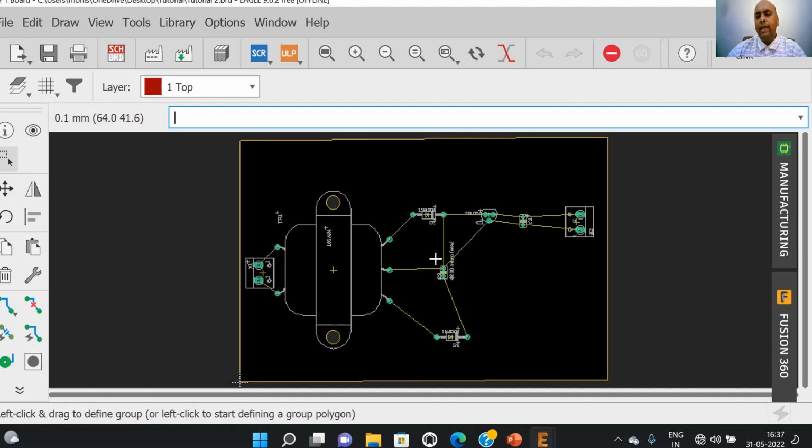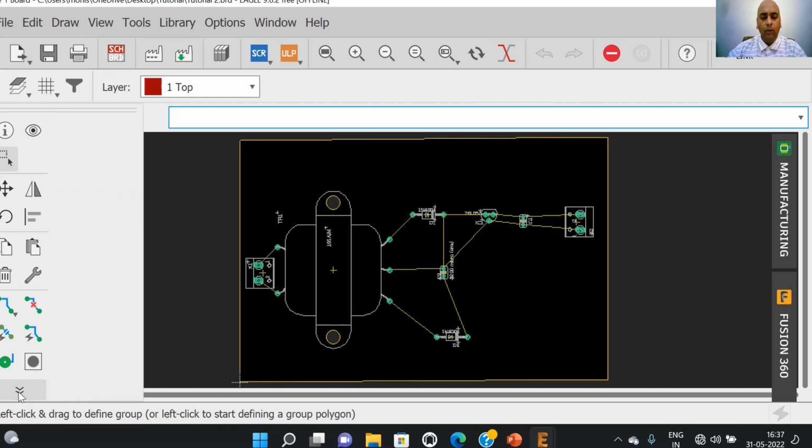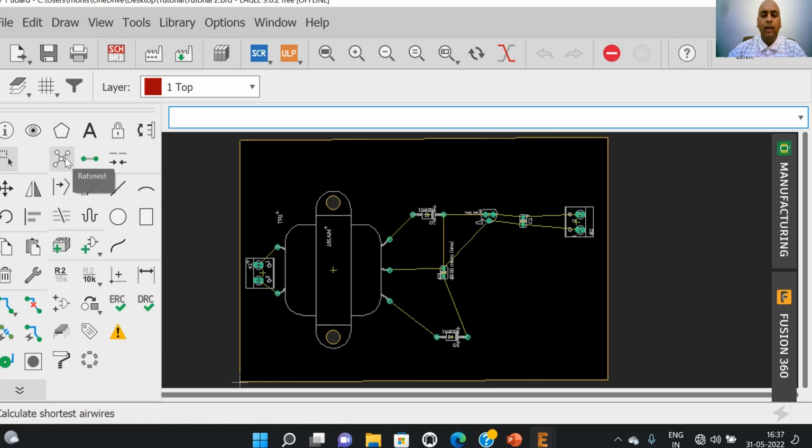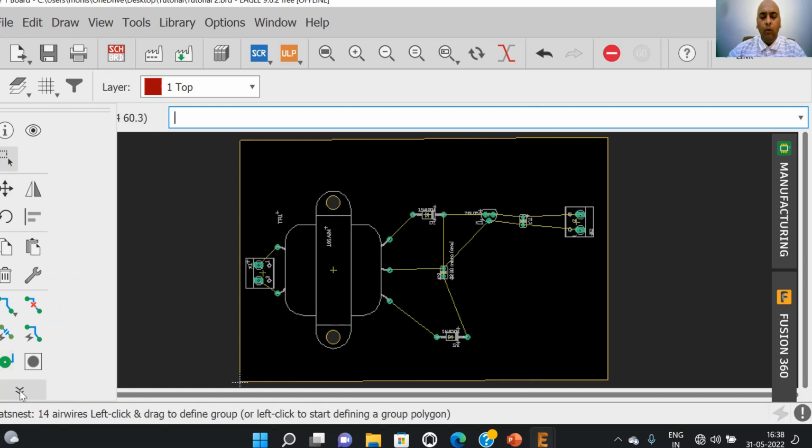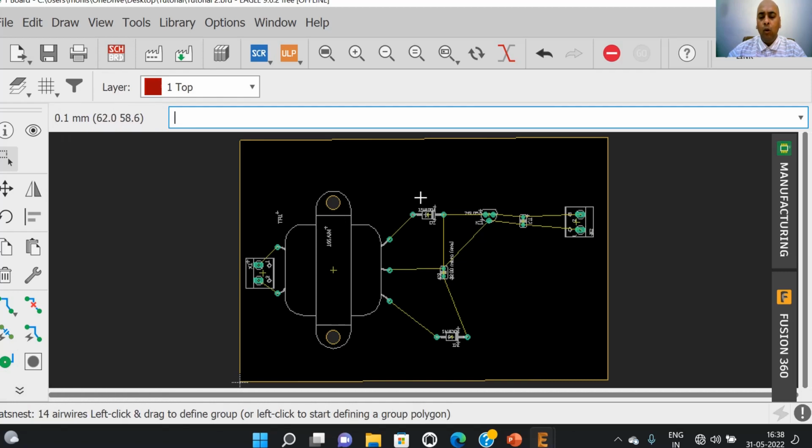These are called air wires because these are not the actual connections. We need to connect all the wires as per the requirements. Now there is one tool called Ratsnest. The Ratsnest tool can be pressed in order to connect all the components by the shortest air wires.